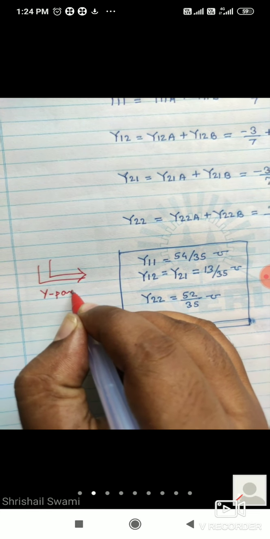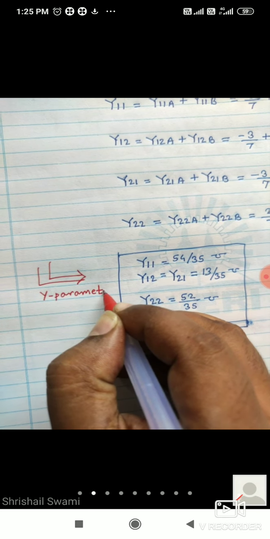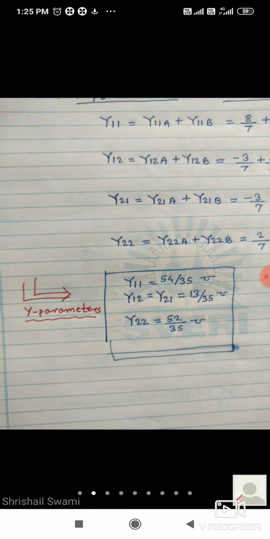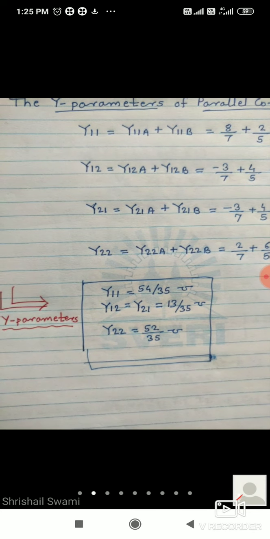Okay, so still many problems are there, but all these problems I have already given in the assignment. In the assignment booklet you can start to solve the assignment. So any doubt is